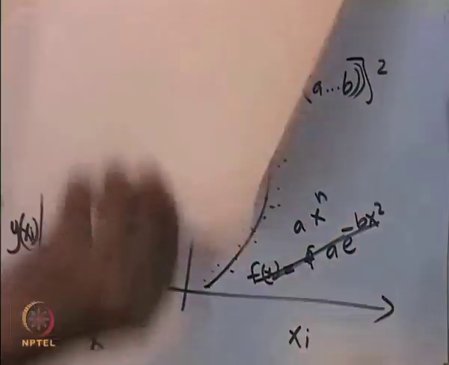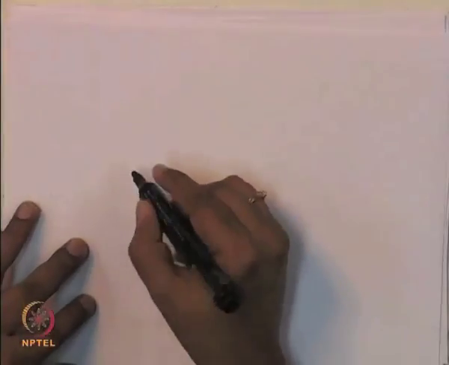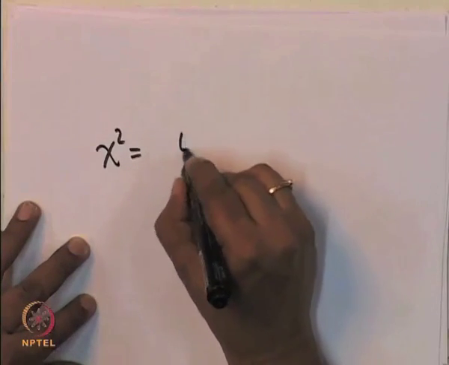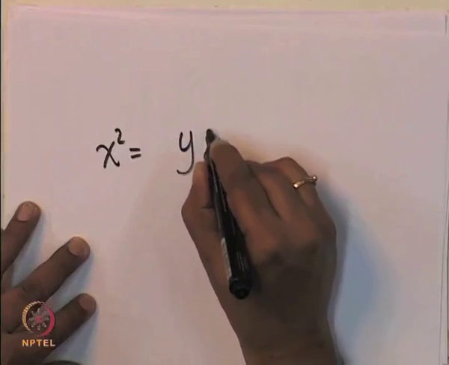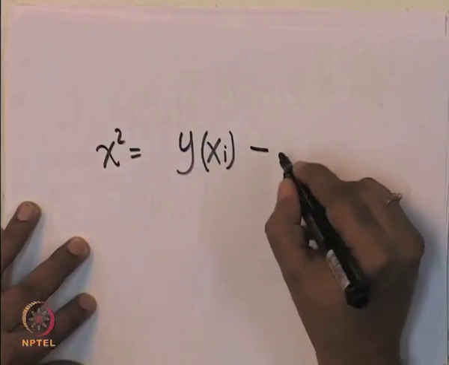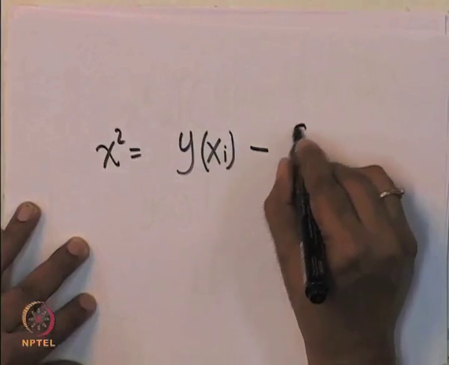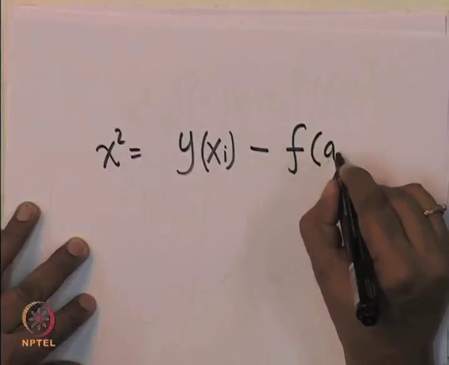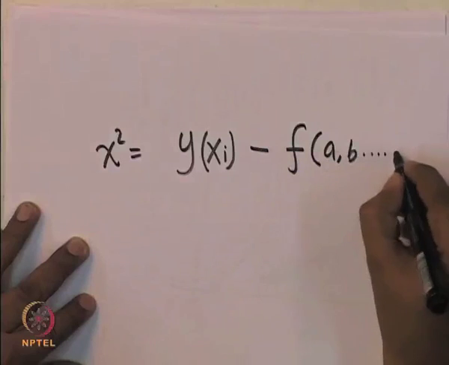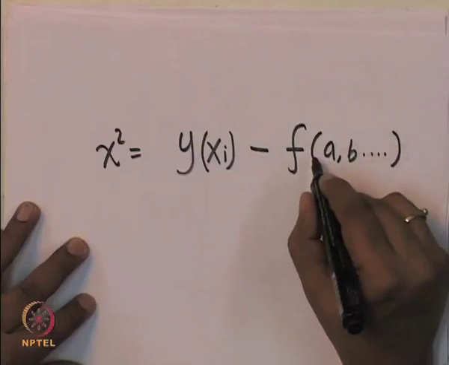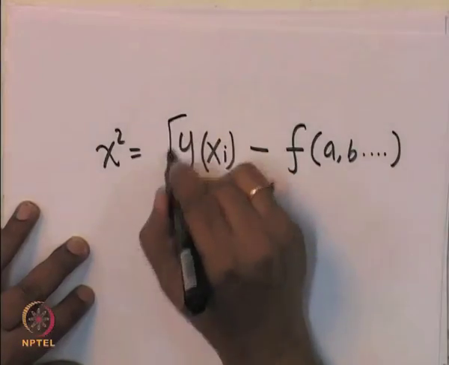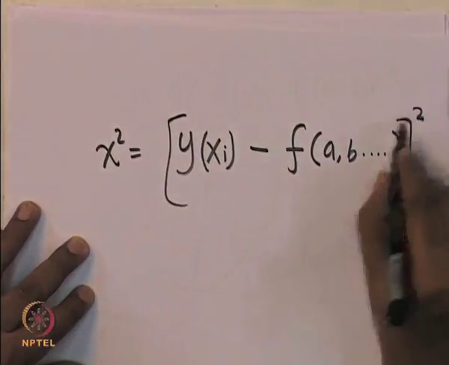So, chi-square is the experimentally measured function minus the function that will fit the data the best way. So, this will be a, b, you can have any number of parameters. So, in our case we had k 0 and k d, we can have any set of parameters. If you find this difference and square it,